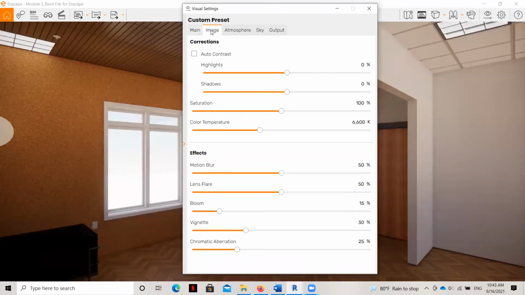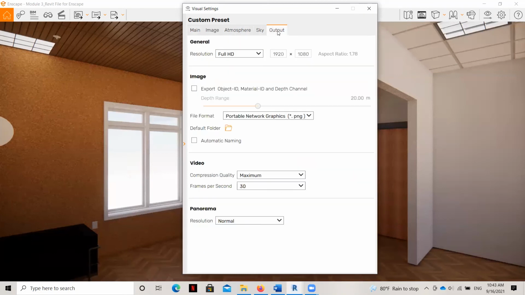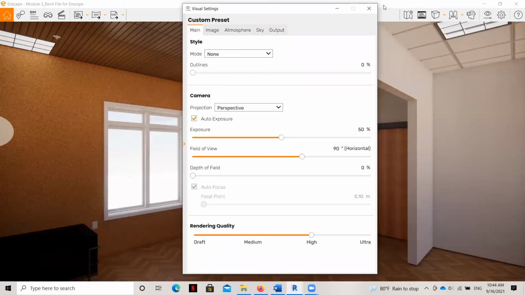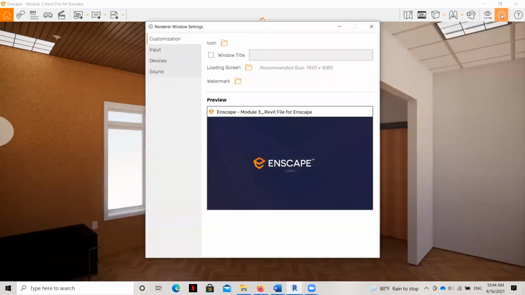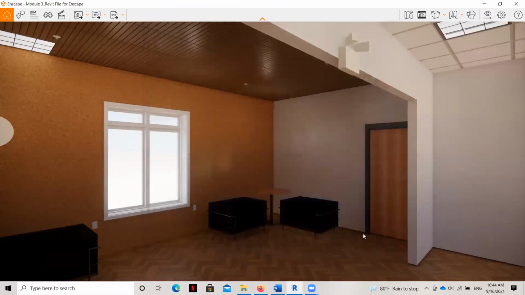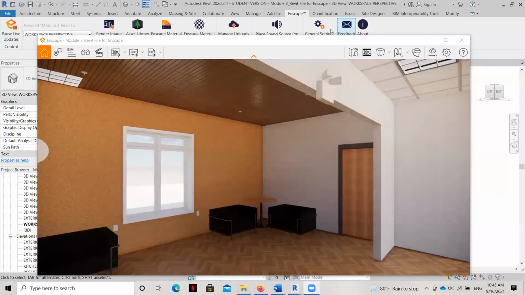So let's go ahead and, oh, wait, I think I've grabbed the wrong thing. Hold on a second. It's not in the visual settings here. We'll explore those later. But what I want to do is just introduce you to this one really important button.